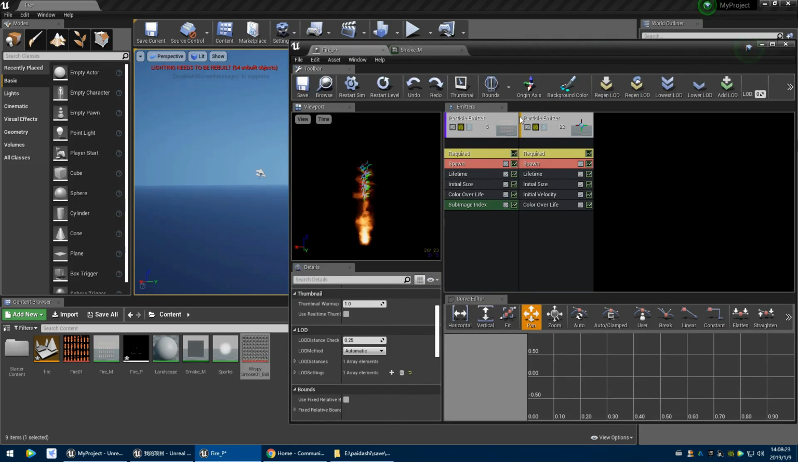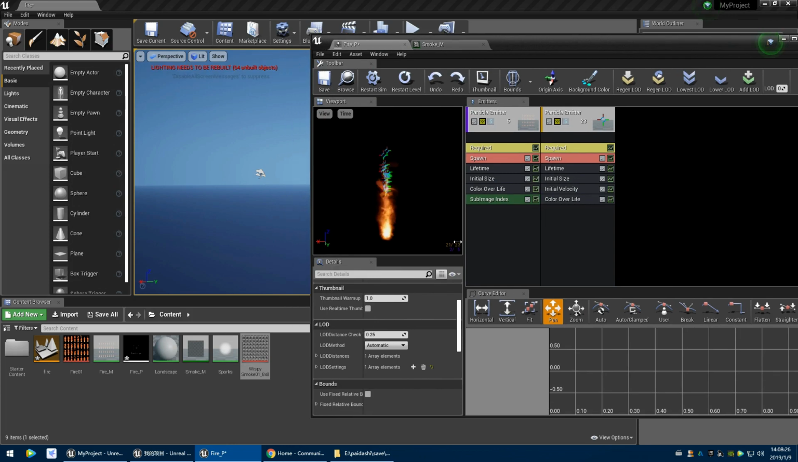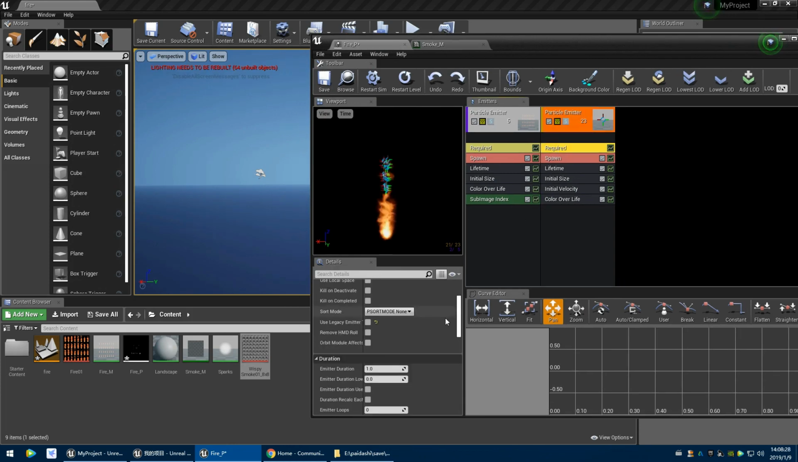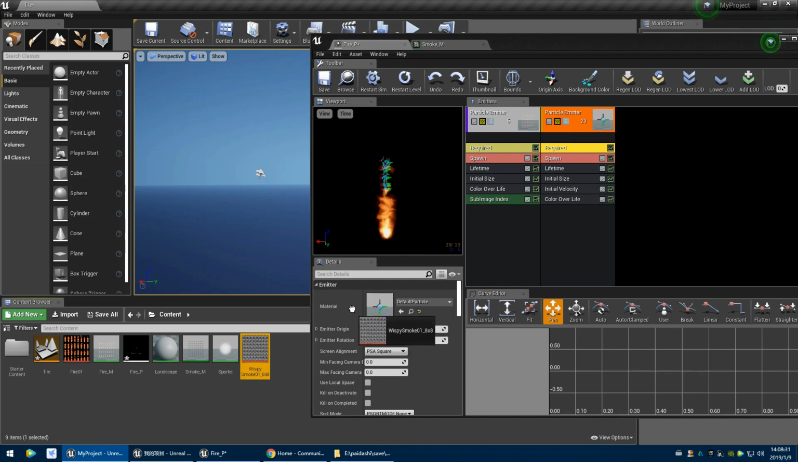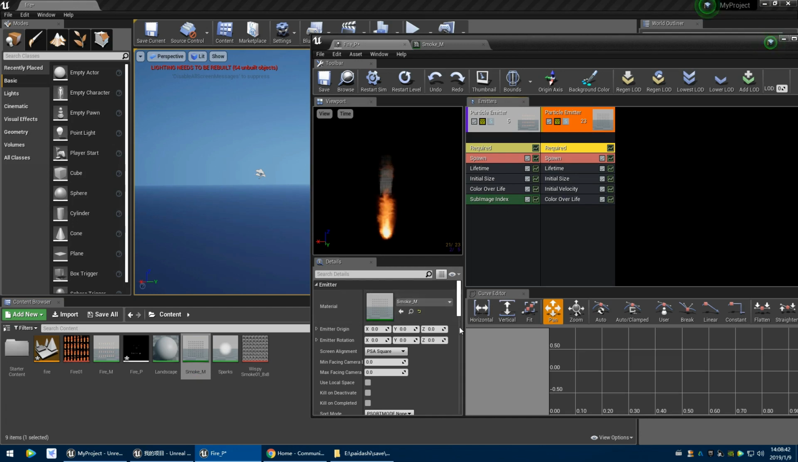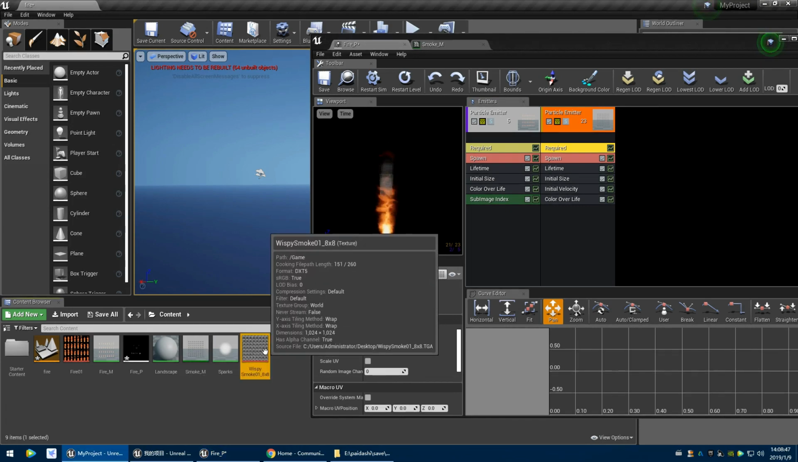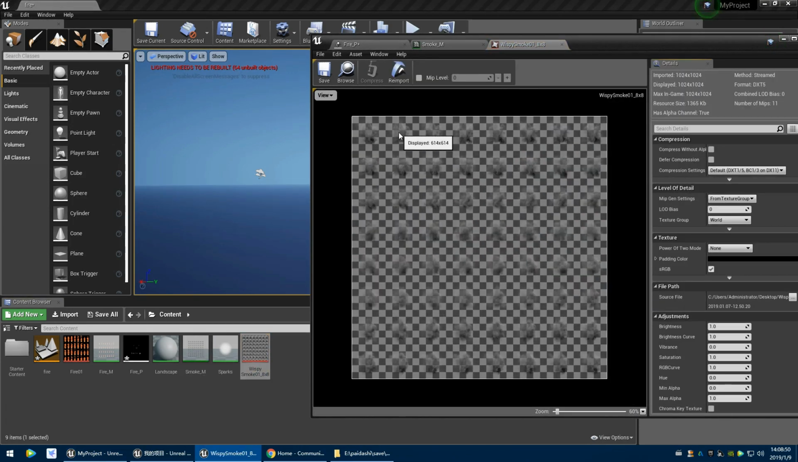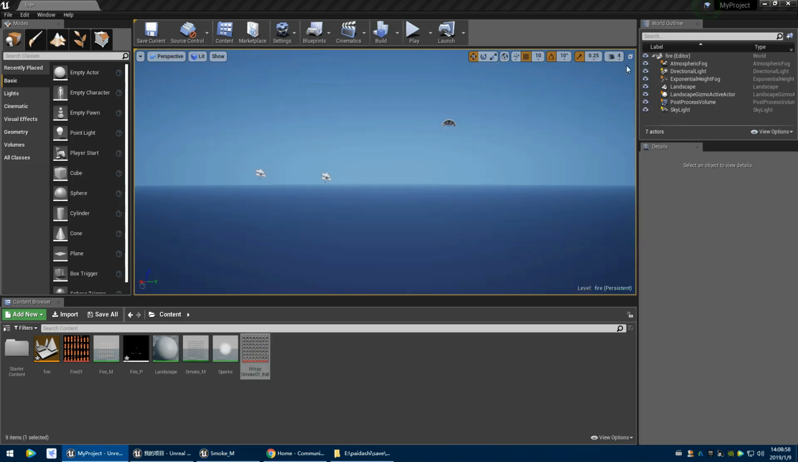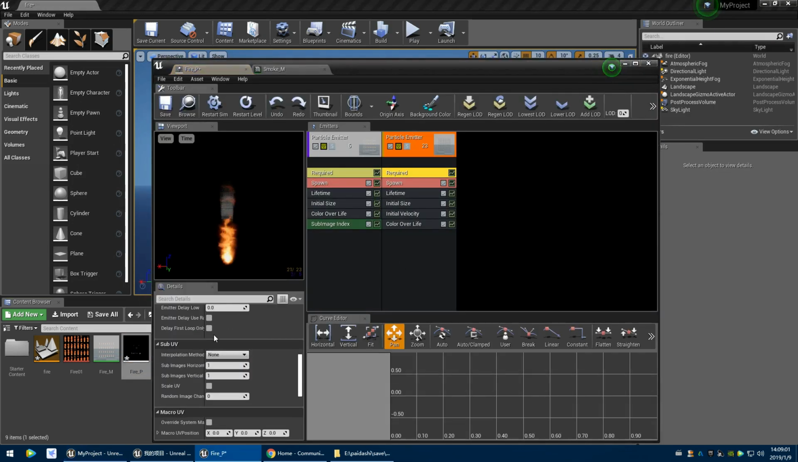Alright, so we have our particle emitters right here, and now we just need to go to Required and switch the crosshair with my smoke material. There we go. So we have our smoke material, and the same thing here, I need to change my sub UVs. Let's just open up the image. So this is an 8x8 sprite sheet. Right. So let's just type in 8x8,